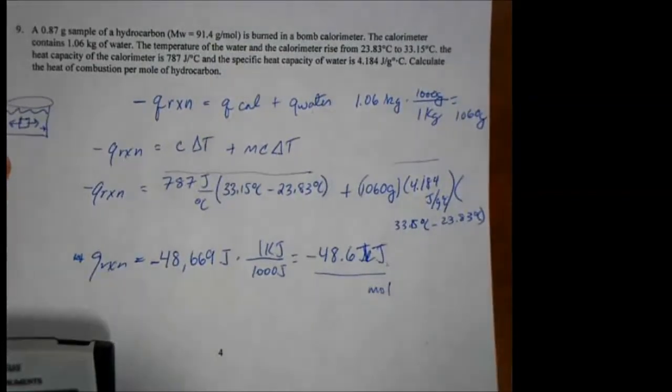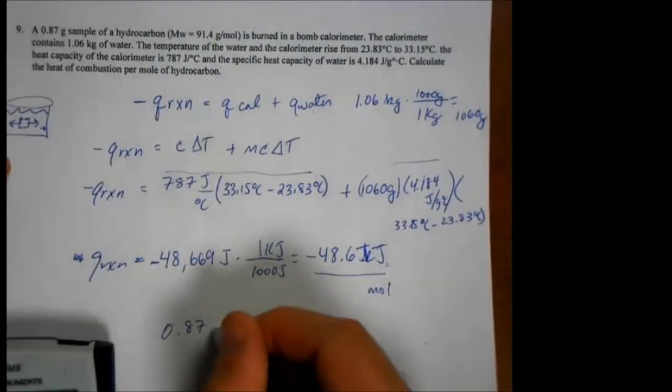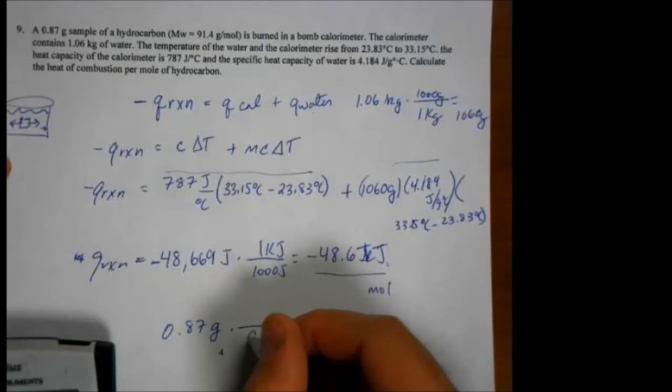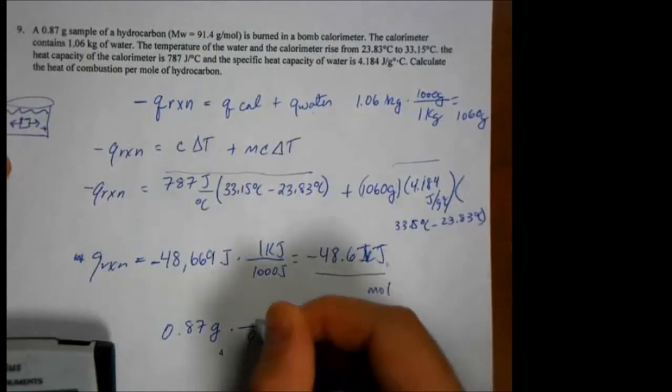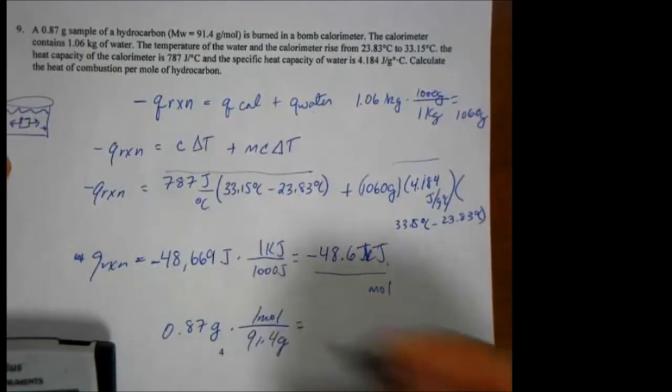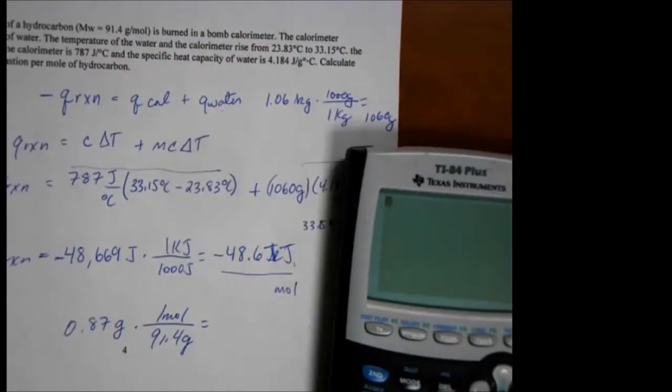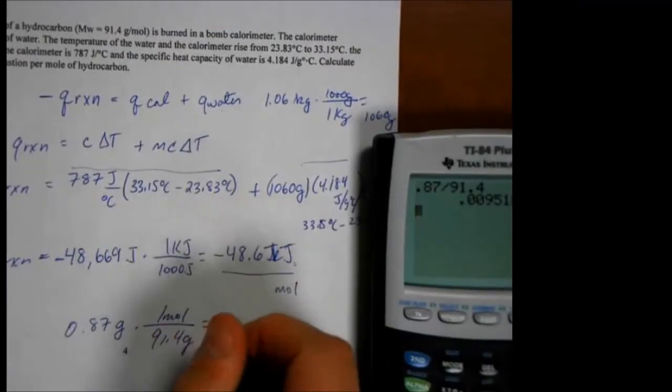To do that, we take our 0.87 grams and divide by the molecular weight, which is 91.4 grams for every 1 mole. So 0.87 divided by 91.4, you get